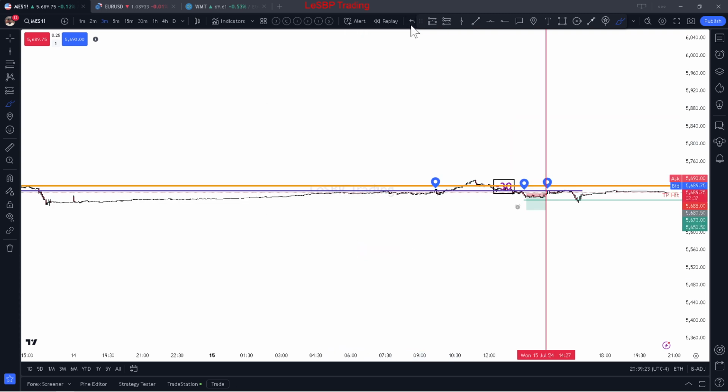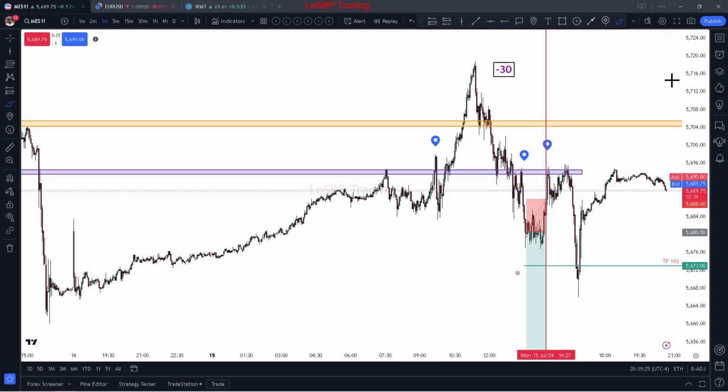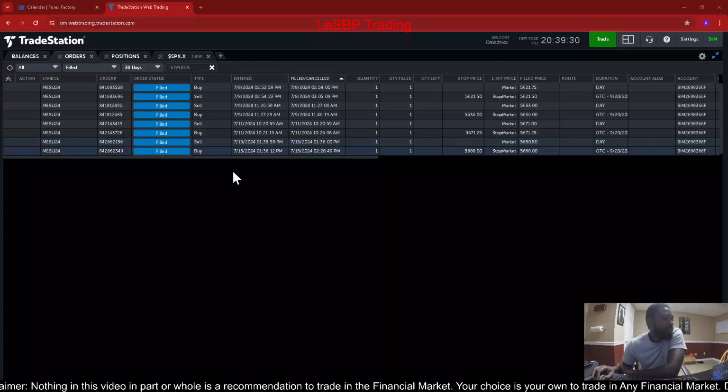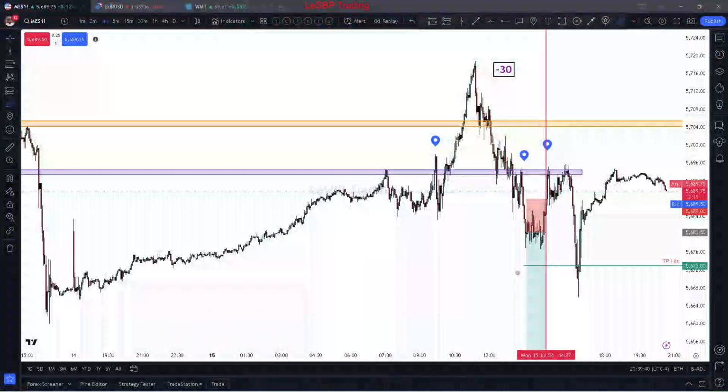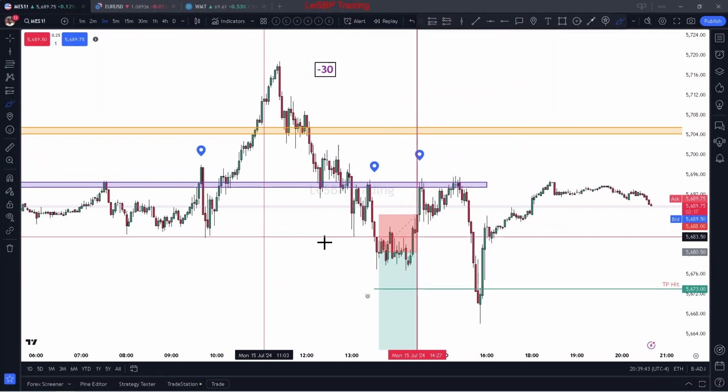But either way, let's see, get out of here. Yeah, so we only took the one trade today. That was this trade here. It was a sell position, and then we bought out. As you can see, we took the L. We took the loss. So looking at that position here on TradingView, I do have some interesting notes